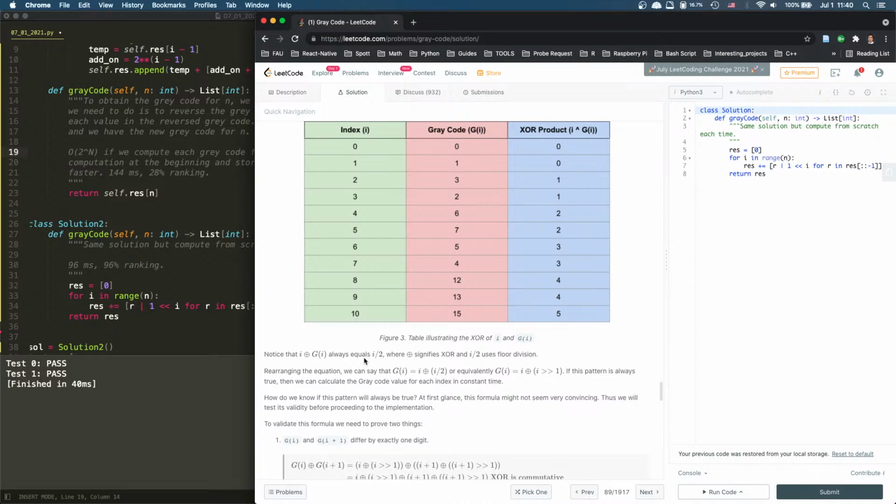Because i XOR i is going to be 0, right? 0 XOR j. So we just put i XOR in the front. That's equivalent to